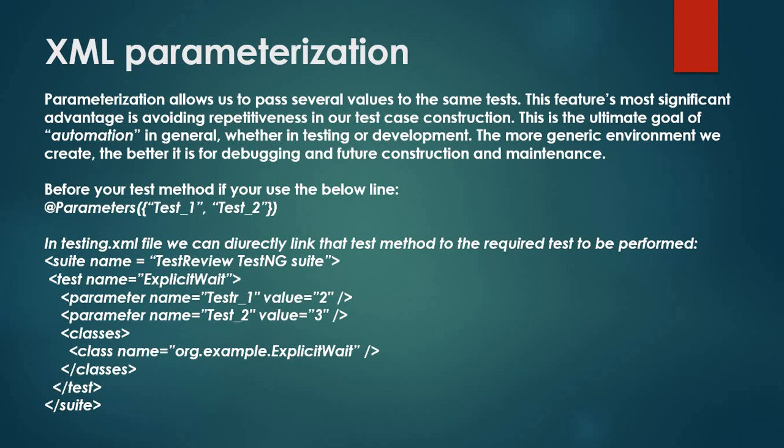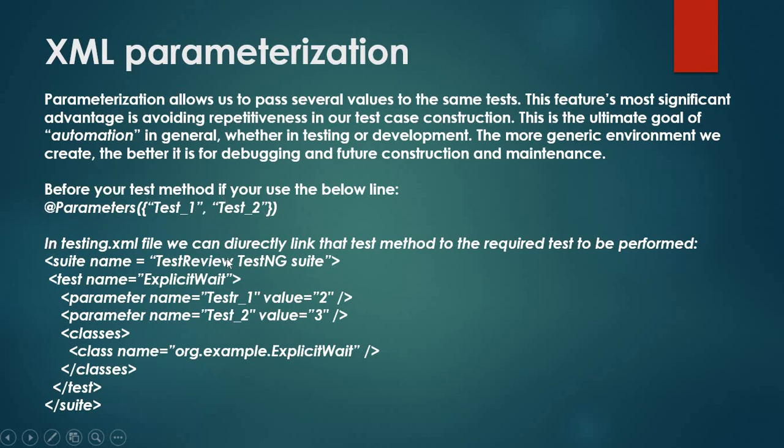So for example, if you want to add a particular pin code in all the places of the framework, instead of adding that in the framework, if during the runtime you give a parameter and then accept it during the runtime, the same value can be passed to multiple places by using the parameter of that particular pin code. So in your before test method, if we use @Parameters as test1 and test2,